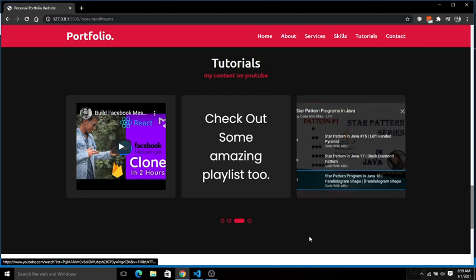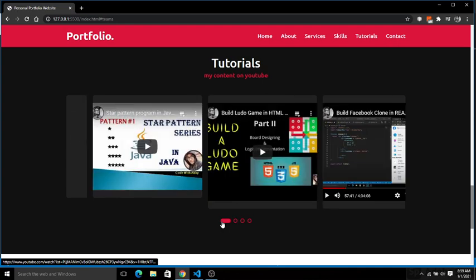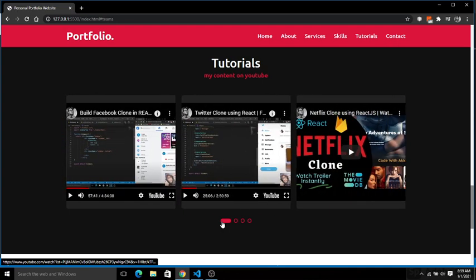So basically you can simply render each and every video that you have created on YouTube or post that you have posted on YouTube. You can simply fetch this by using the YouTube embed feature, and the very last section is